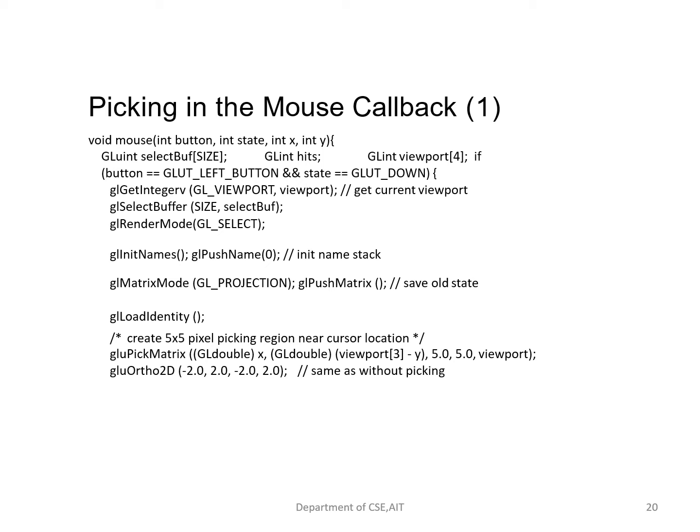Along with this, we are going to create one matrix of size 5 cross 5. That means wherever the cursor is moving around that 5 cross 5, if it finds any object, that object has to be selected. So to do that, we are going to make use of this function here, by making use of the mouse button. When the mouse is moving on the screen and when it finds any object in its vicinity, that means around its 5 cross 5 matrix, that object is going to be selected.